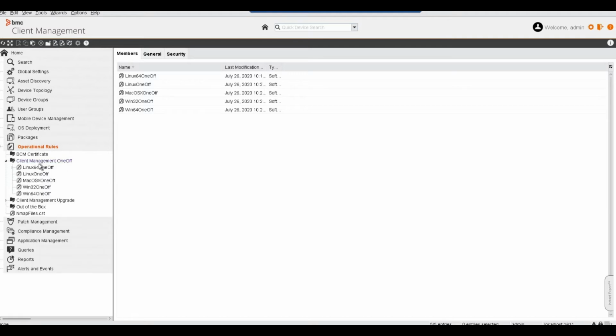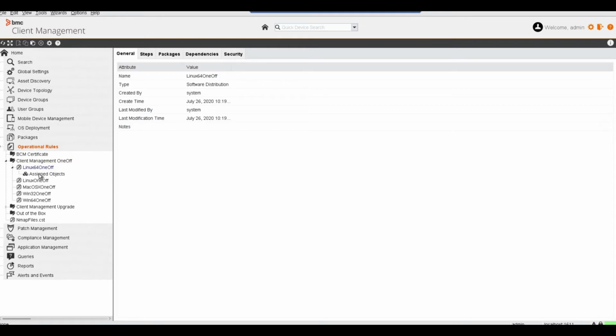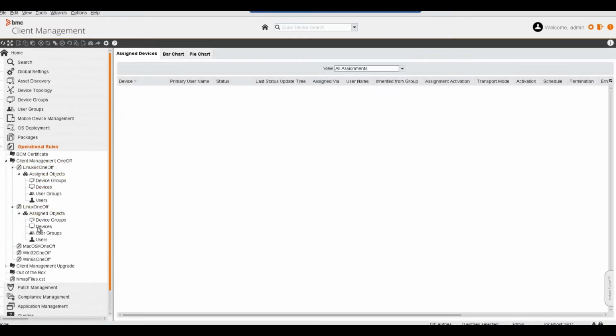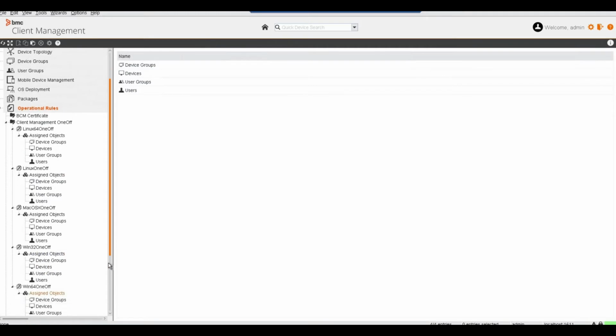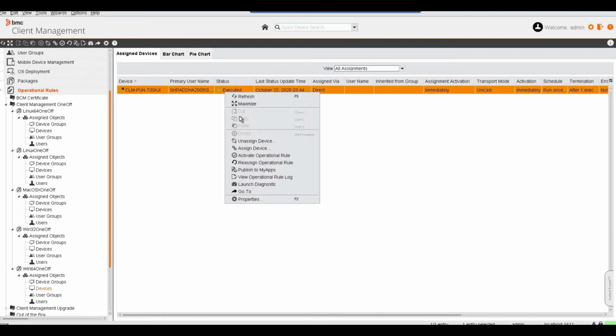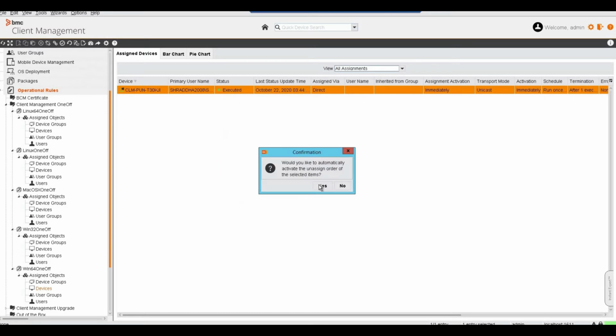Now I'm going to check if any devices or device groups are assigned to these rules and unassign them. So I have this one device assigned to this rule, which I'm going to unassign. Right click and unassign device.